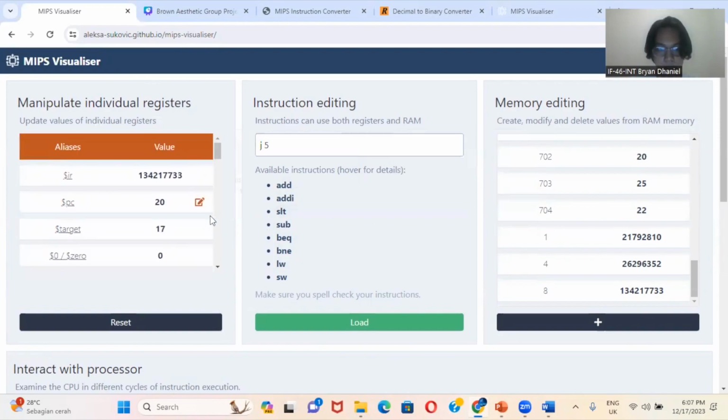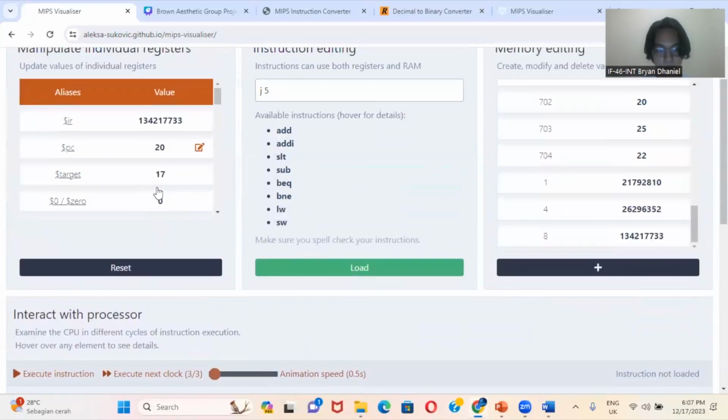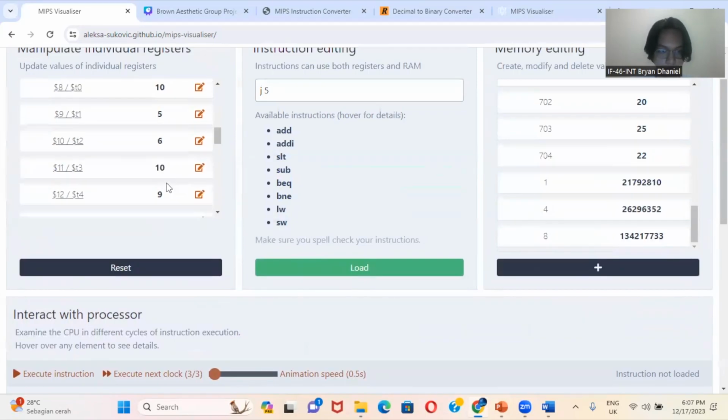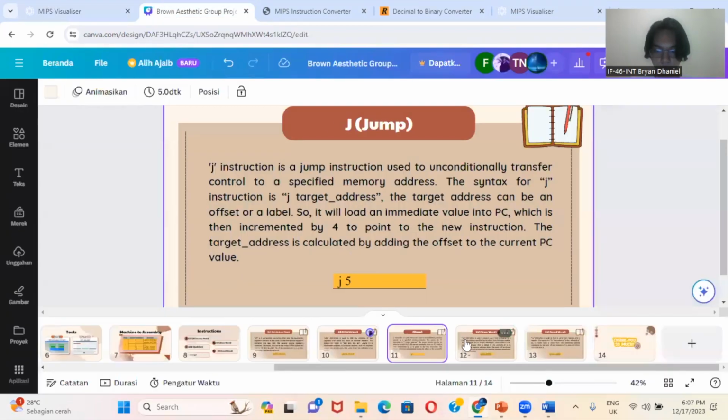It will be multiplied by 4, like 3 times, because we got the 3 clocks. So it means that the PC will get added 4 times by the value 4, so it will be added by 12. And then I think that's all for the jump instruction.